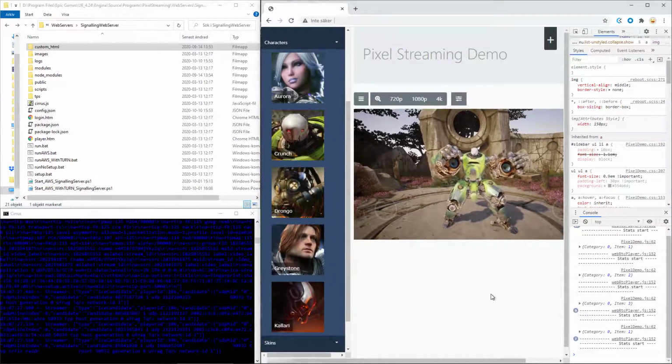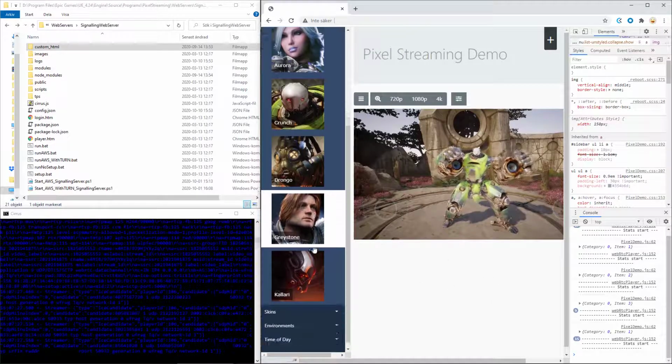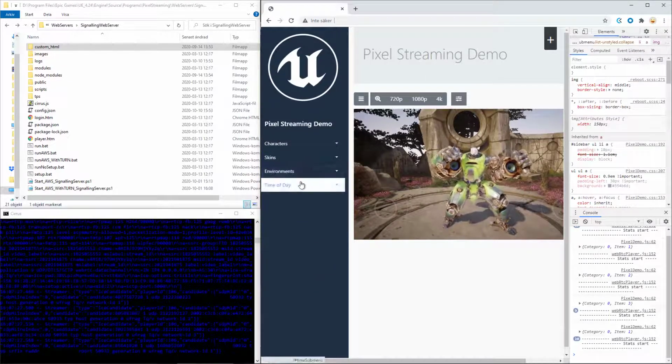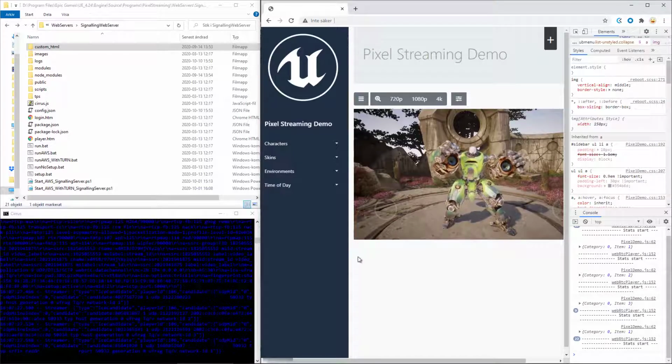Now that I've connected a category value of 4 to changing the environment, I want to show you how easy it is to create your own buttons so you can connect your own functionalities to your Unreal Engine project.